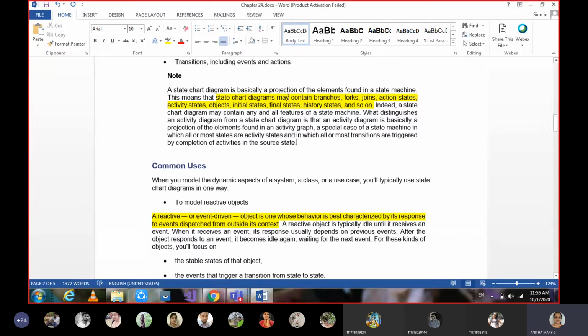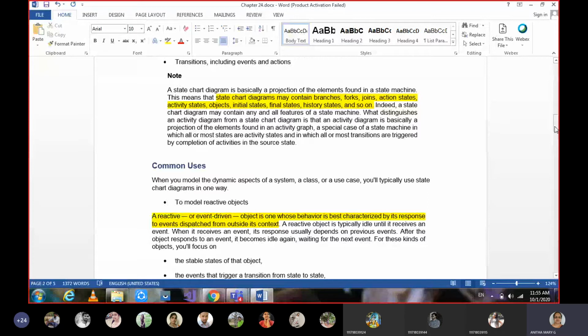So there are some common terms between state chart diagrams and activity diagrams. But in what way they differ, you have to learn keenly and emphasize, which I was just telling you now. A state chart diagram is for the complete life cycle of a single object. Whereas an activity diagram may be for the entire business, or one flow control, or multiple flow controls, which we show in swim lanes. That's how we can talk about activity diagrams.